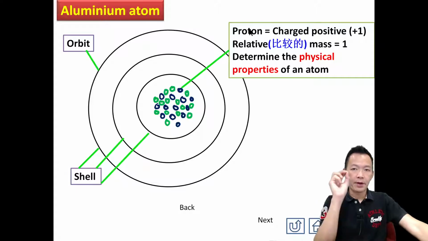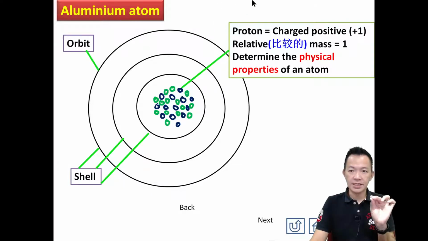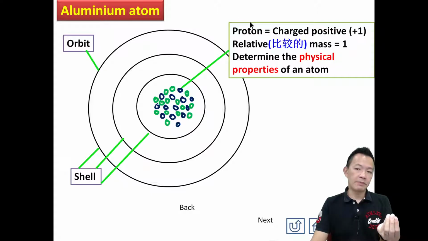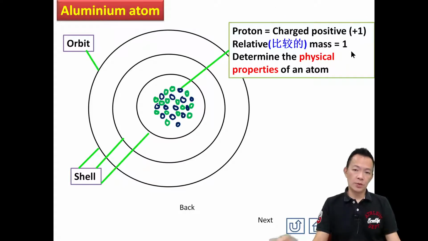What is mean by proton? 听好好，Proton actually is a subatomic particle that carry the charge and the charge is positive one。什么叫 subatomic particle？就是 atom 里面的 particle。atom 本身就是一种 particle。不过这种 particle 里面还有其他的 particle，就叫 subatomic particle。So proton actually is a subatomic particle that carry the charge and the charge is positive one。And the relative mass of the proton is equal to 1。